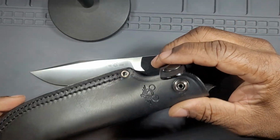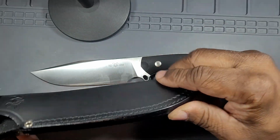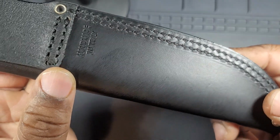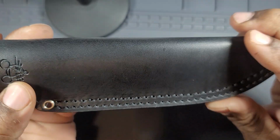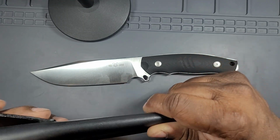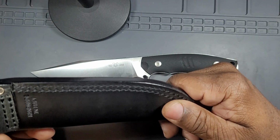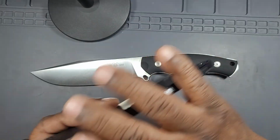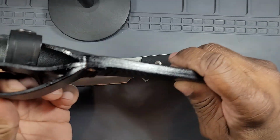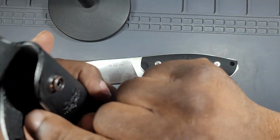The lanyard, the sheath, is made... It says handmade in Italy on the back. It has the GiantMouse iconography on the front, and it's made of leather. And the leather seems to be very stout and well made. It's got some stitching here to seal up the back of the sheath. It's got stitching here to seal up the belt loop, and it's got the retaining strap, which, by the